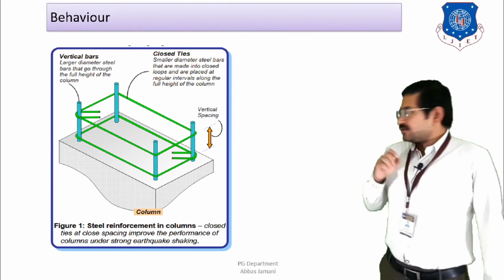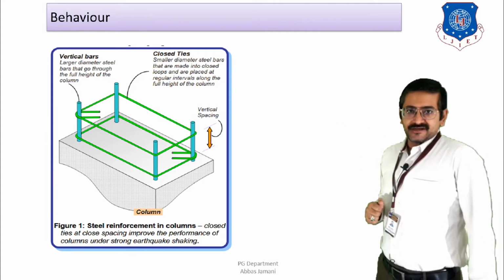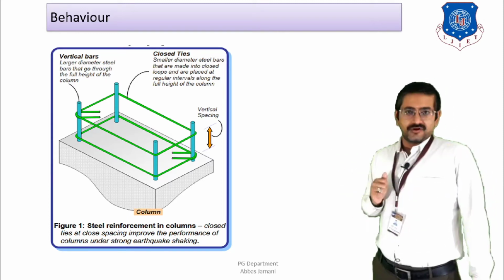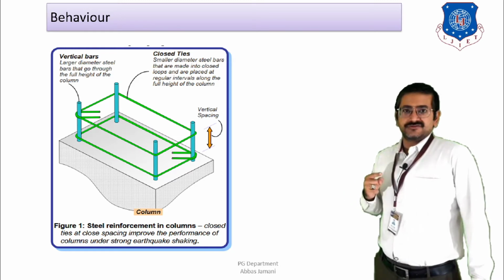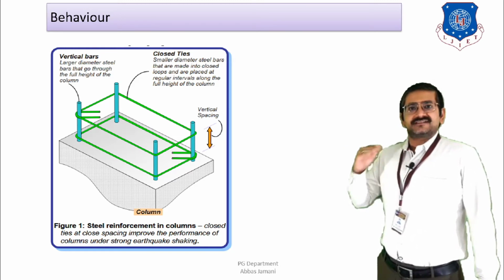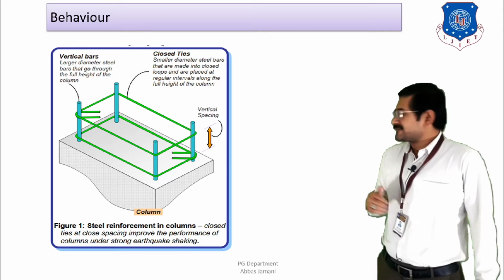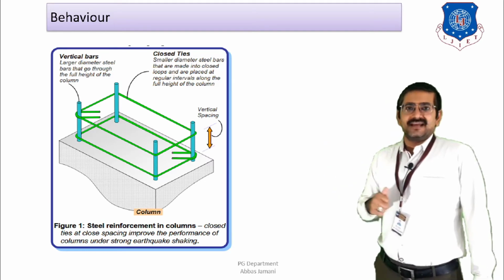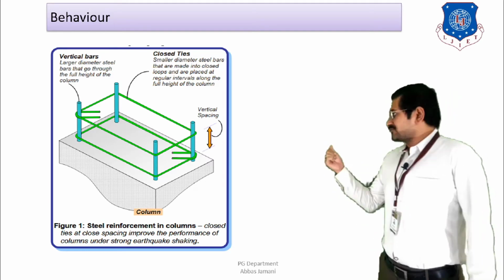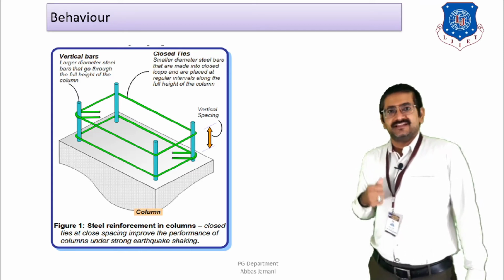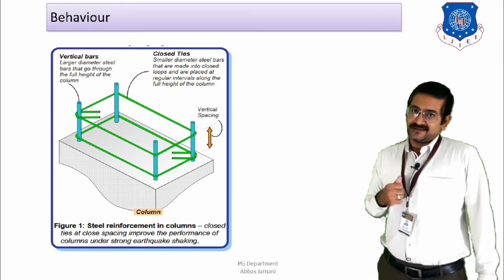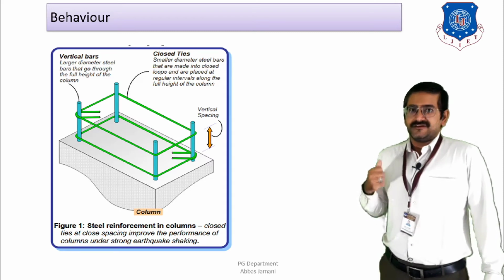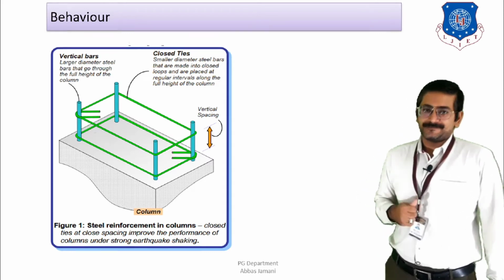If I look at the geometry of the column given over here, then as I indicated in the previous slide, there are two types of bars. First is the vertical bar, which goes throughout the length of the column, and second is the closed stirrup, which is spaced at certain intervals as per the guidelines given in IS 13920. The diameter of the vertical bar can be a minimum of 12 mm and a maximum of 32 mm. And the minimum diameter of the closed stirrups as per the IS code is 8 mm, right? So from 8 mm onwards, and with certain spacing guidelines which we are going to see in this lecture, we will be able to detail the column in a better manner, right?